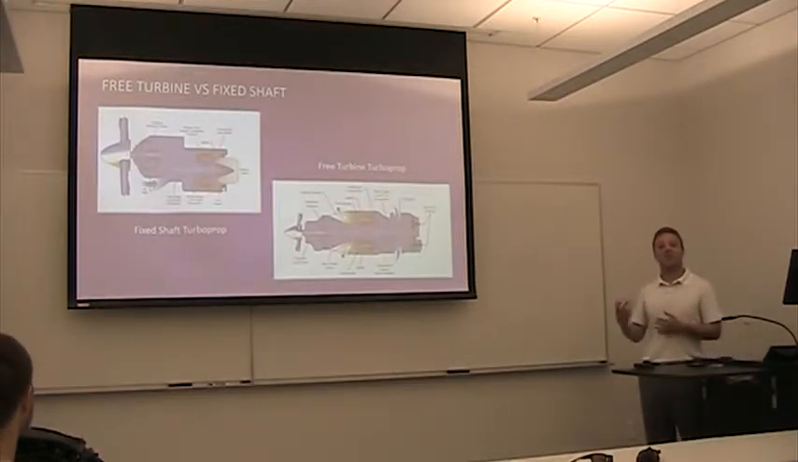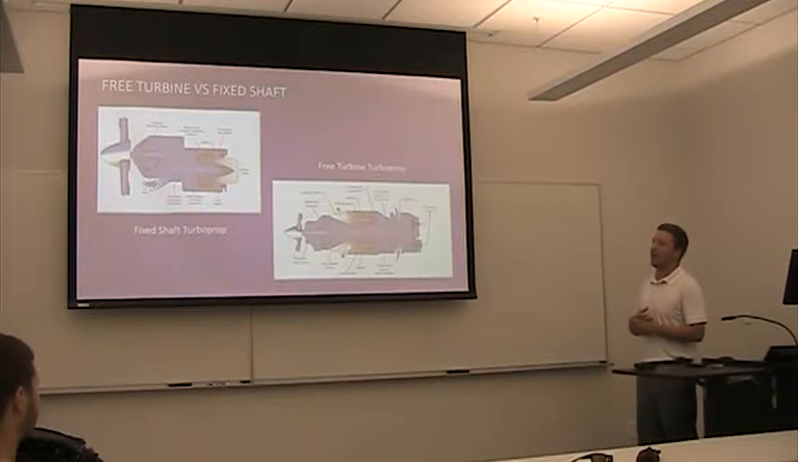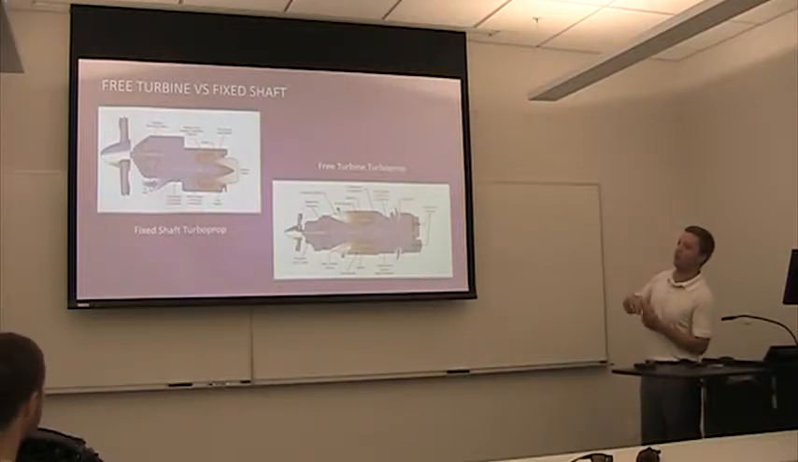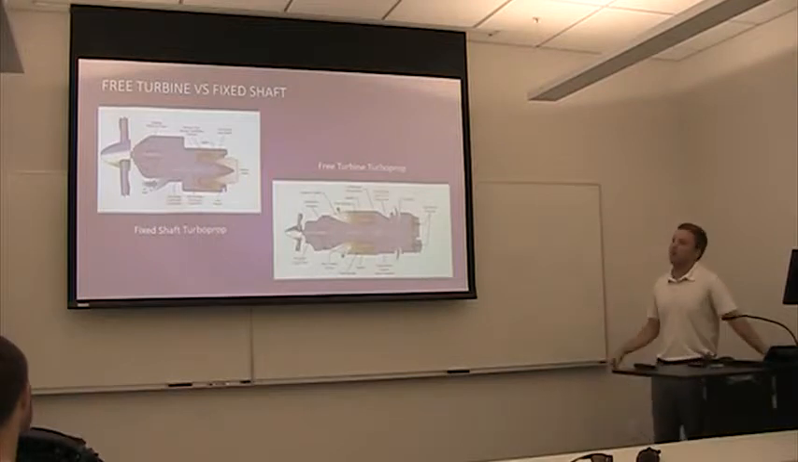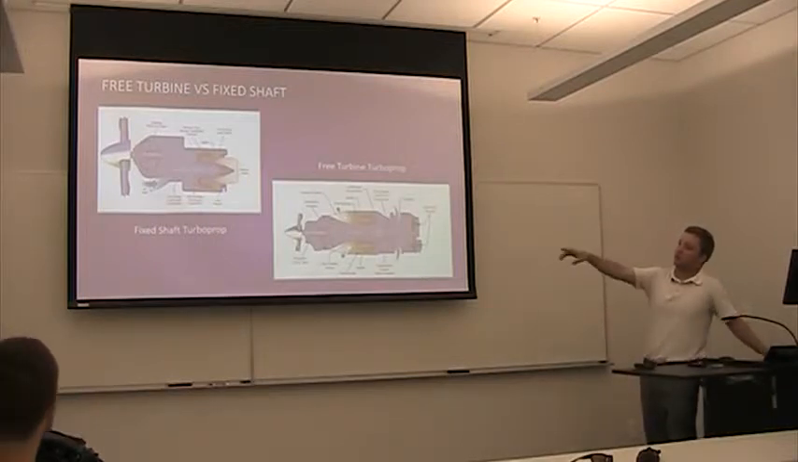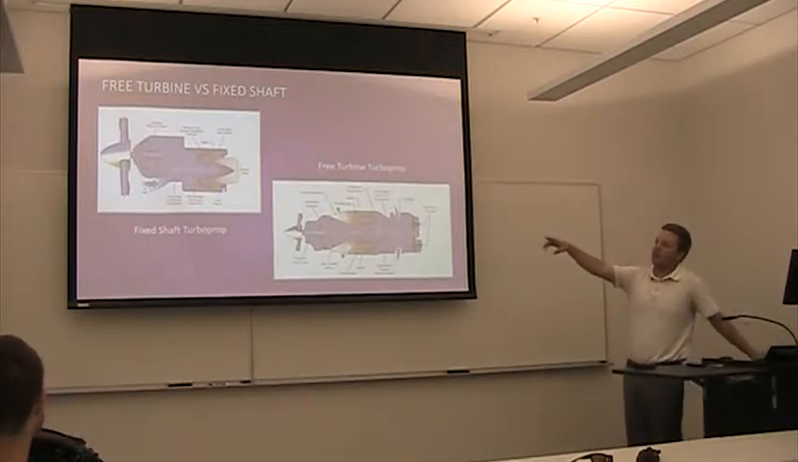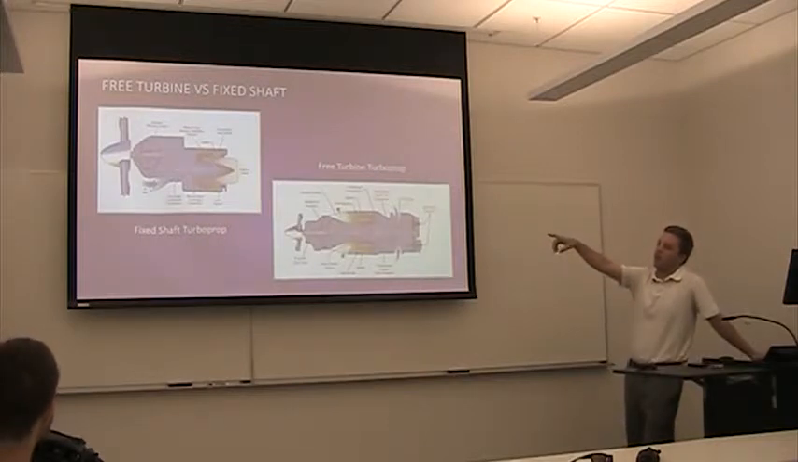Then we have two different types of turboprop aircraft. We have fixed shaft turboprops on the left-hand side, and then we have free turbine on the right-hand side. The reason it's called a fixed shaft is if you follow with your eyes on the left picture from the propeller, it goes to a reduction gearbox, and then that's attached to the main shaft on the second shaft below. But that entire shaft, everything is